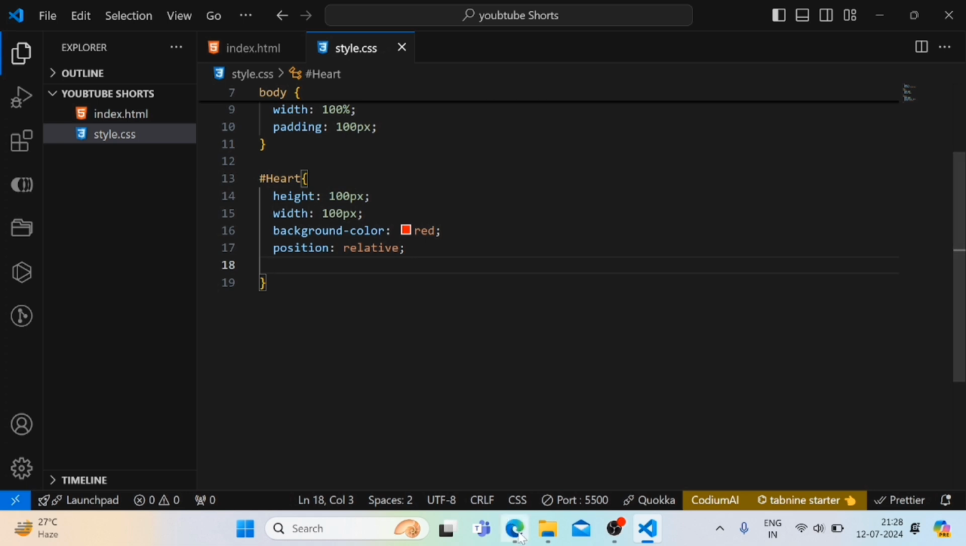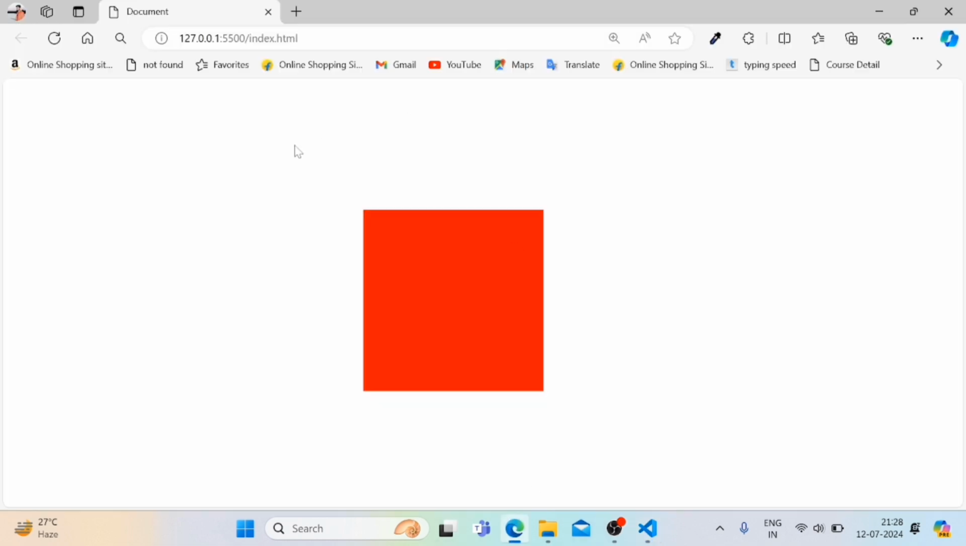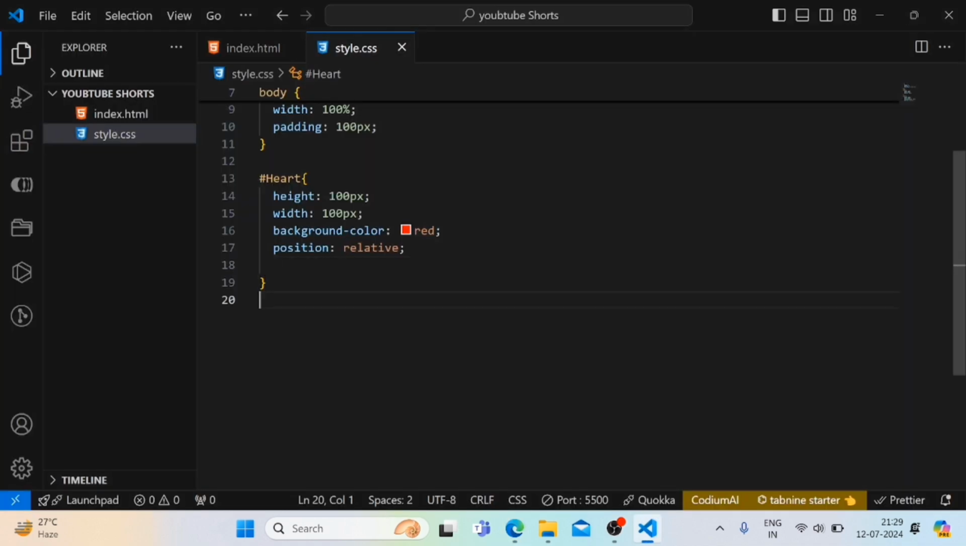Let's check it. So you can see this is our div and it is in square shape. Now here let's target once again .heart,